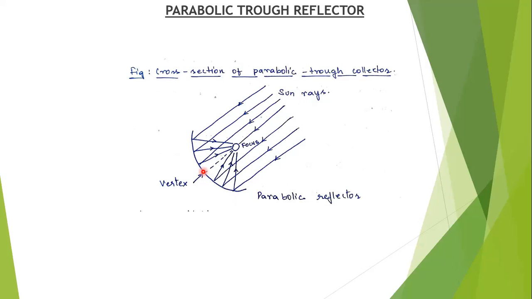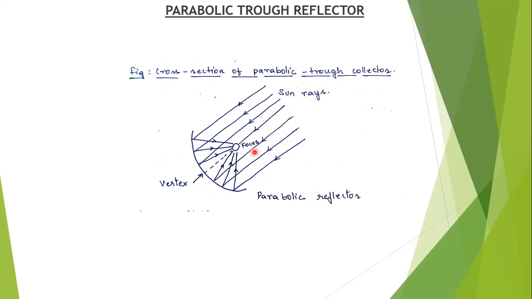All the solar radiation is brought to a focus by the parabolic trough reflector, and the main drawback is it has to be oriented in the sun's direction. The sun must be in such a direction that it lies on a plane passing through the focal line and the vertex of the parabola. Always the sun rays should be facing the vertex. So if the sun turns to this side, the parabolic reflector has to turn to this side like this and absorb the sun rays.